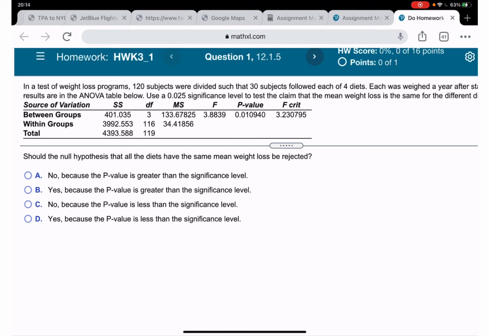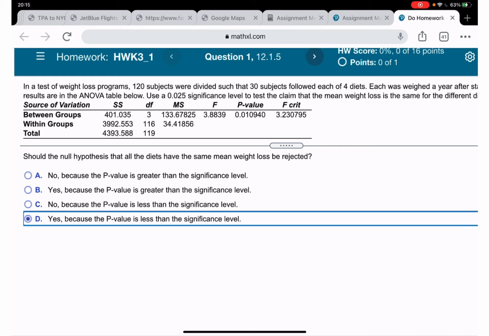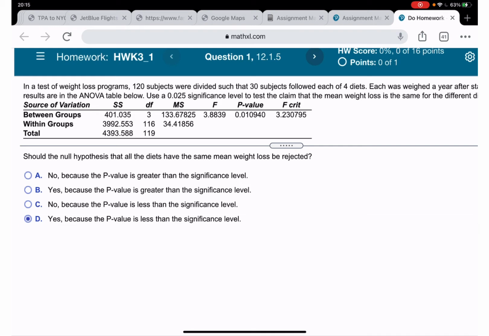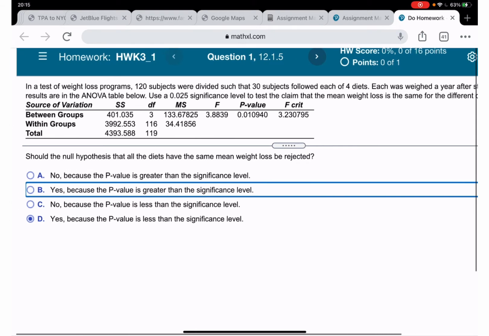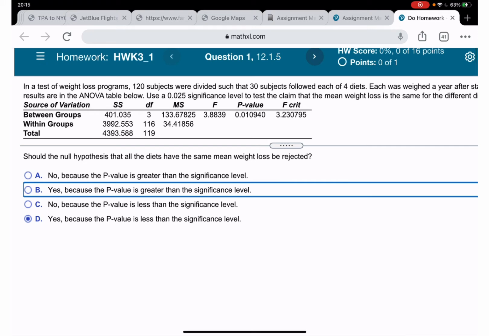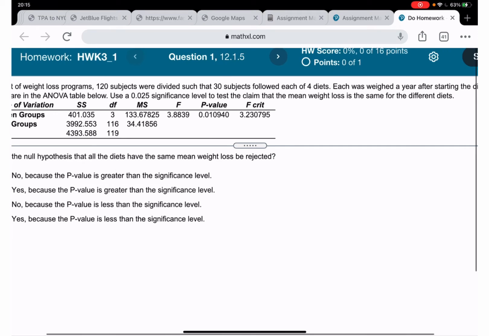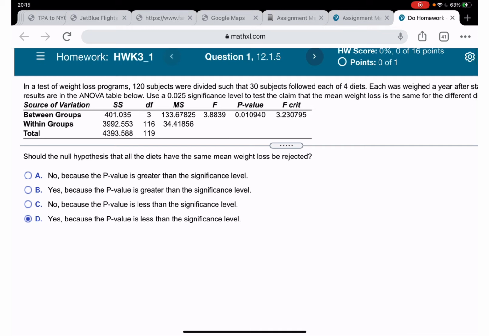So you can take a note: if the p-value is less than our alpha significance level, then we reject. What does it say here? The claim is that the mean weight loss is the same for the different diets. Our p-value from this table is less than the significance level, so we reject the claim. Okay,